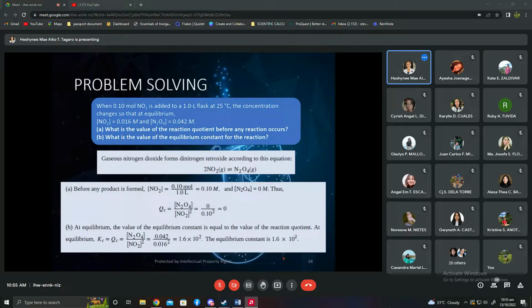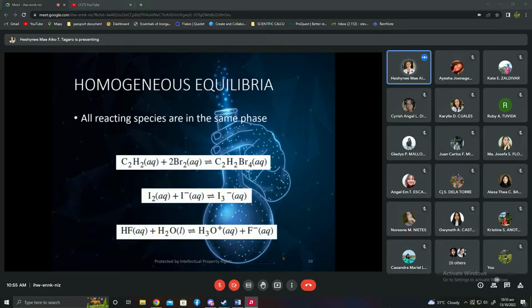That's how simple it is to solve for Qc and Kc. So make sure the chemical equation is balanced first. After which, of course, you need to write the Qc or Kc expression. And then, substitute the values given in the problem. Next,